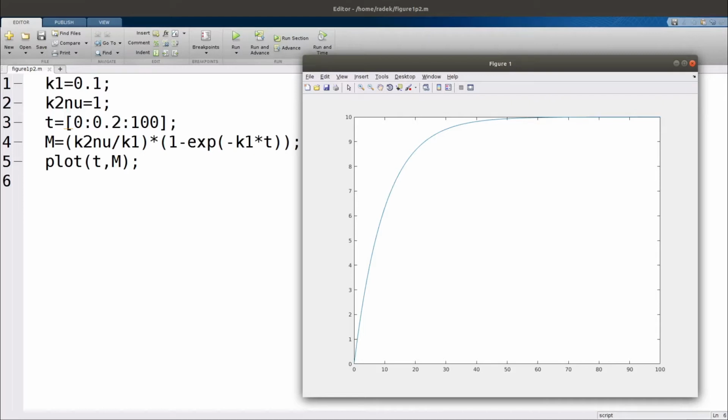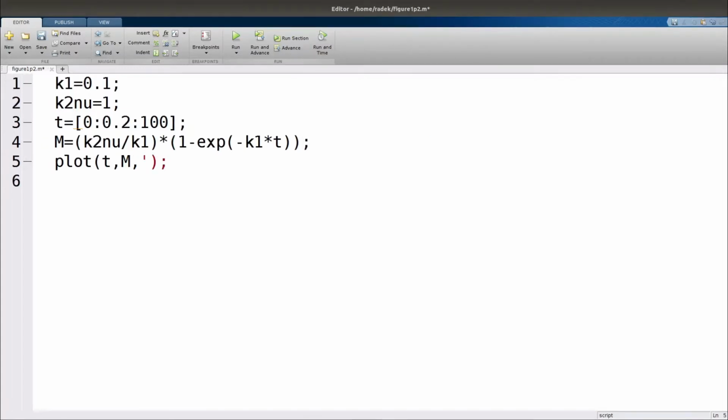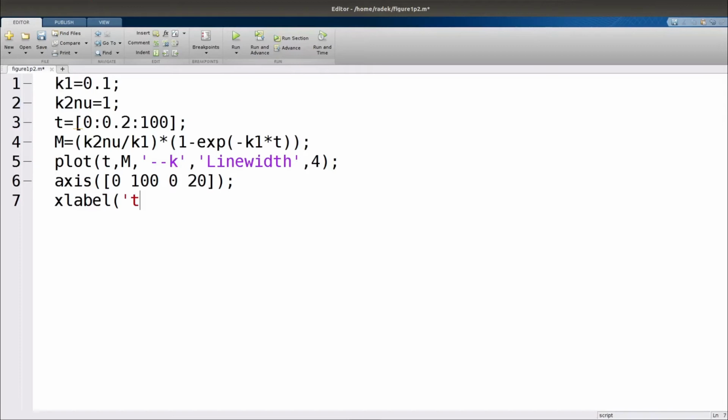To get figure 1.2a, I substituted the simple plotting command plot t m with a few more lines to improve the output. I have added a few options to the plotting command, specifying that we will use a black dashed line and its width. The next line says that we will plot the interval 0-100 on the time axis, and the range of m will be interval 0-20. The next two lines will specify labels on each axis.